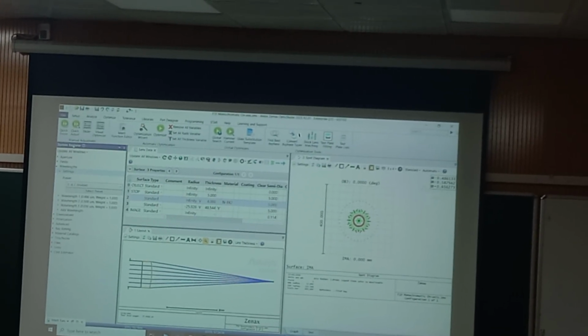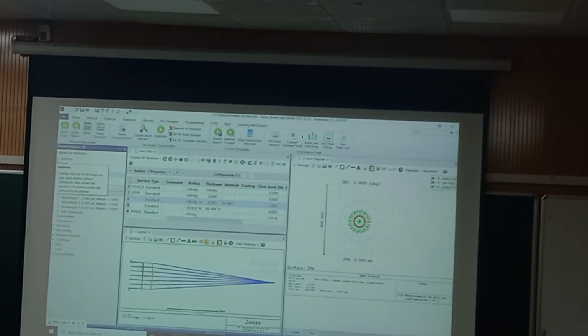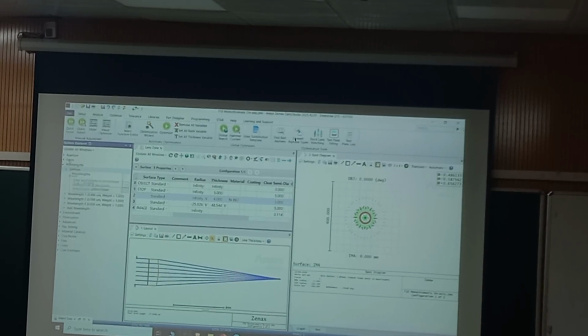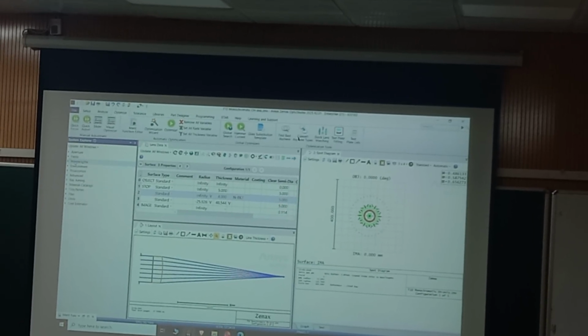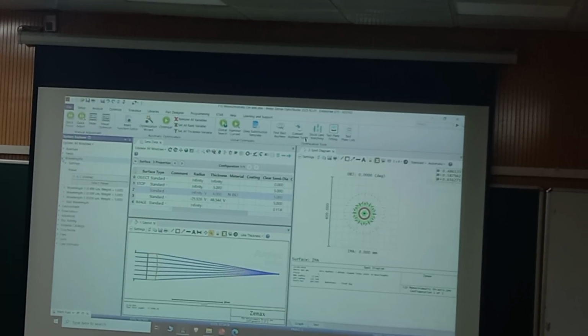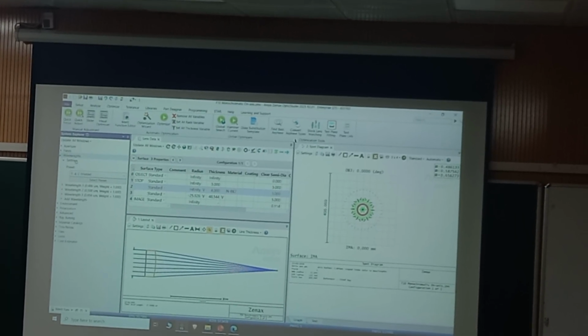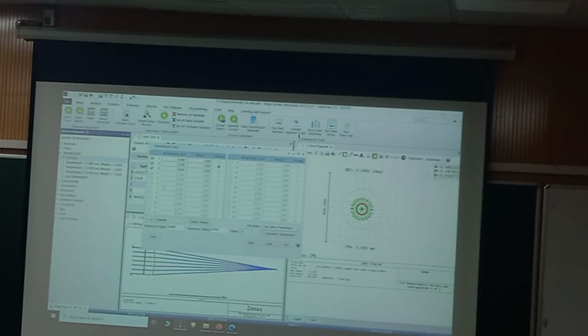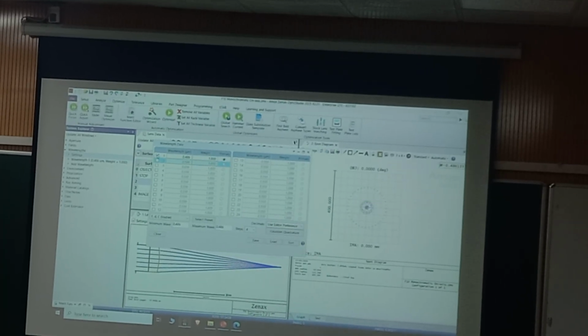In the beginning I told you it's very important. So the aperture setting will remain the same, and there is no change in the field. Here is the wavelength. It will be initially like this. There's a small arrow. Click on it and go to settings. So in your system, by default, it will look like this right now.